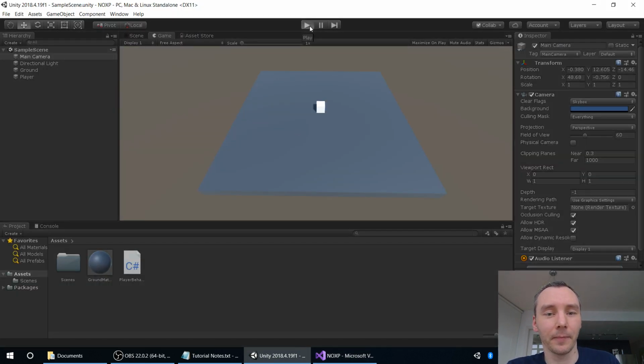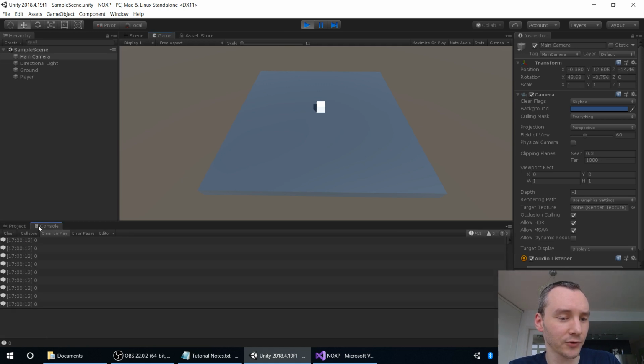So when we play our game, it's going to be telling us this information in the console, which is down here in the bottom left. Next to where it says Project, there's a tab called Console. And you'll see it's spitting out a whole bunch of zeros. The number 0 is just spewing out all the time. But if I hold W,